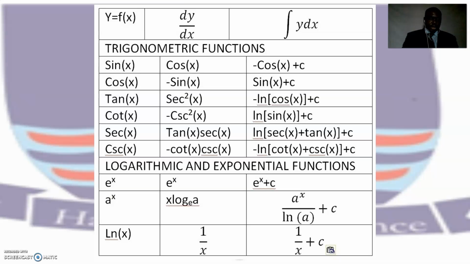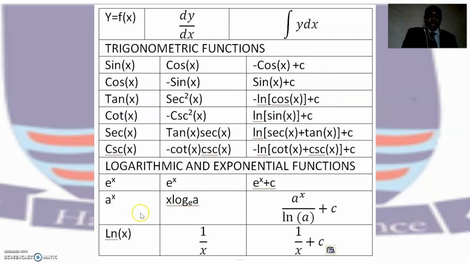opposite of the derivatives. For example, here we have the derivative of cos x being minus sine x. So you would think that the derivative of minus sine x will give you cos x. And well, that might be true. So here we have tan x, derivative being sec squared x, but the integral being minus ln cos x. This c is the constant term that we keep adding, the arbitrary constant that we keep adding. So you can see here the derivatives and the integrals of all these 6